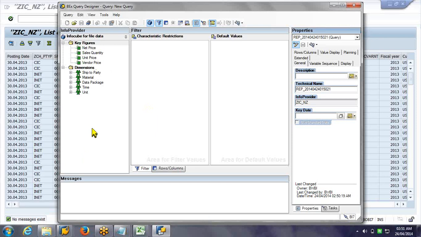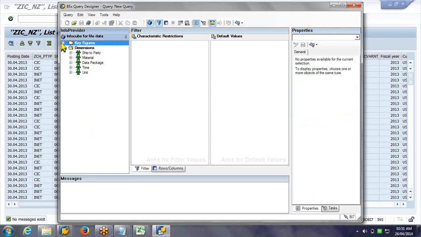On the left side it will show you the info provider. Whatever info provider you selected, it will show on the left-hand side all the key figures. Forget about whether it is a DSO or cube or anything, it just lists them as key figures. Under key figures, all your key figures it will show. Under dimensions, all your characteristics it will show.